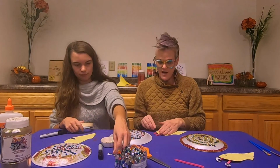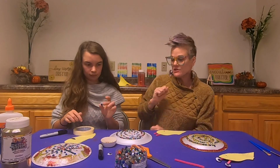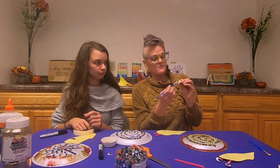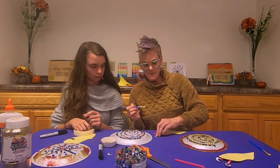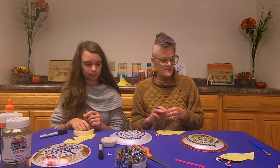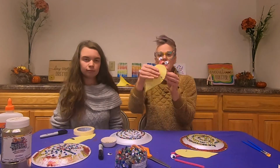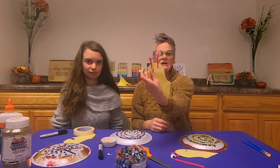So then once you have that taped down, again, painting the glue on. All the kids will need to do is put a little bit of glue on the back and place it right on top of the pipe cleaners. And they will want to do this and leave it alone so it dries onto the pipe cleaners. Once the eyeballs are dry, as you can see on the very back, they're dry,